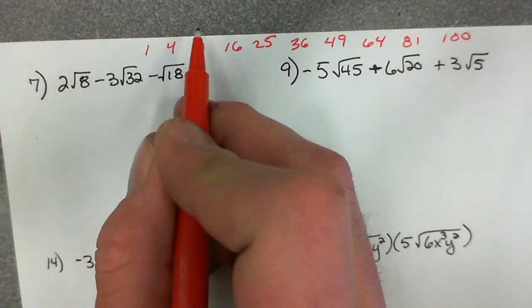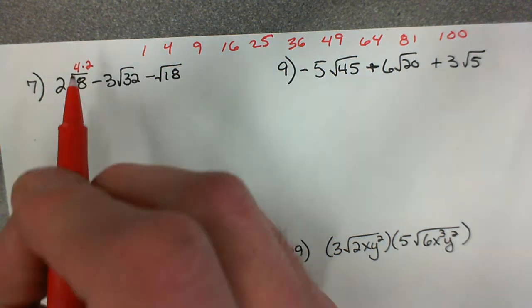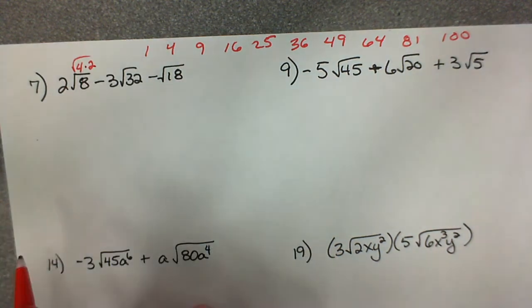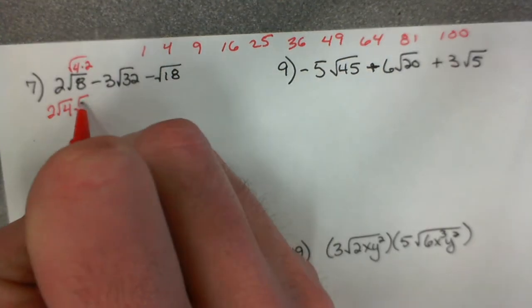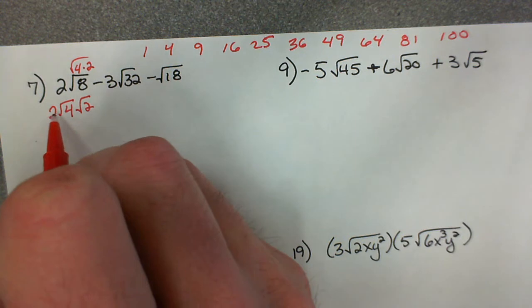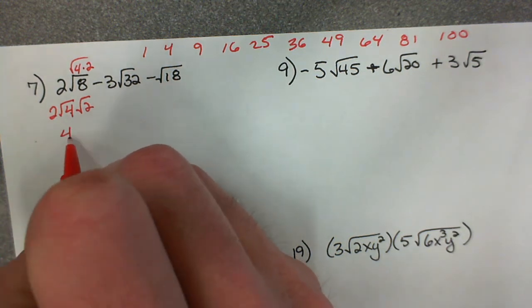Well, 8 is 4 times 2, so we can break this up into 4 and 2. And we're going to take the square root of both of those separately. So square root of 4, this is 2 times square root of 4 times square root of 2. So this gets you 2 times 2, because square root of 4 is 2, so that's 4 square root of